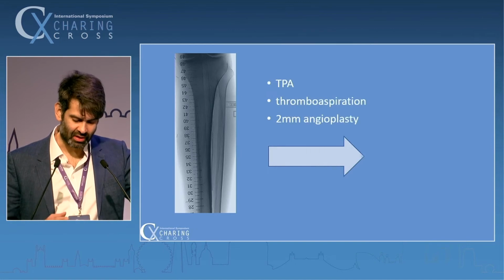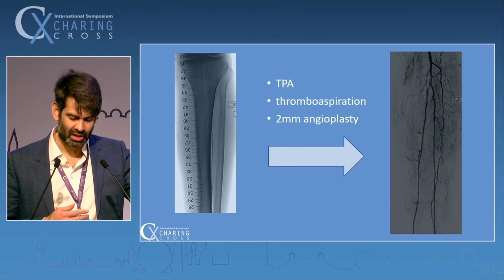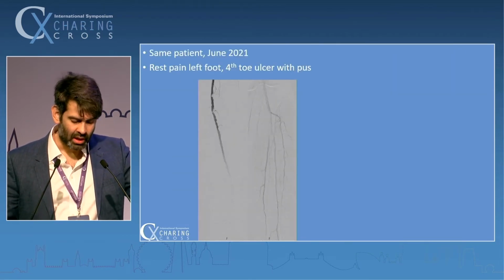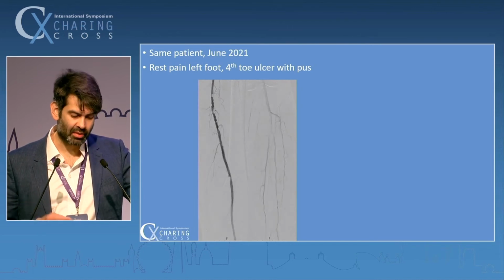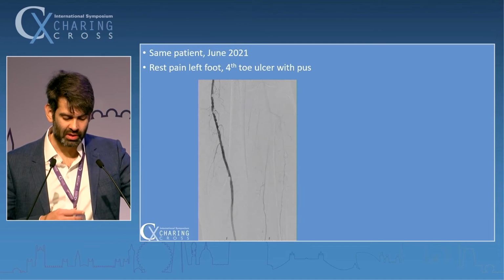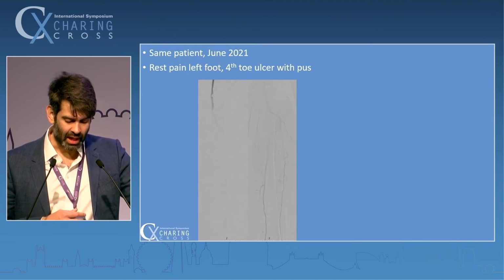Lots of difficult tibial work, some thromboaspiration, some angioplasty, and finally we managed to get this patient off the table with a decent runoff. The same patient presents to us 2 years later with new occurrence of rest pain in the same foot. He's got a fourth toe ulcer with pus expressed from the wound, and you can see here